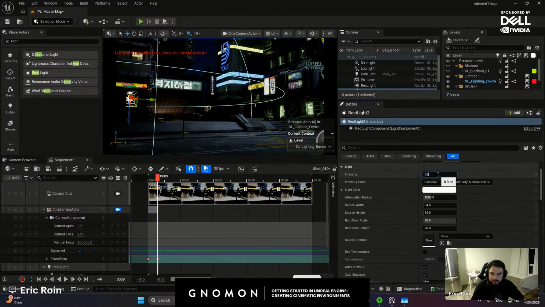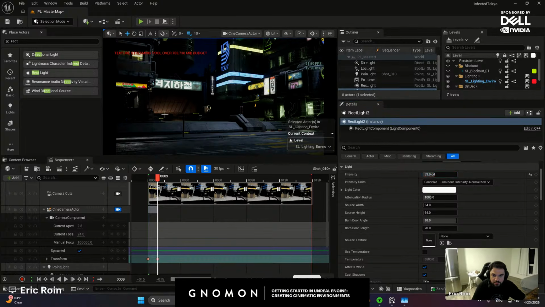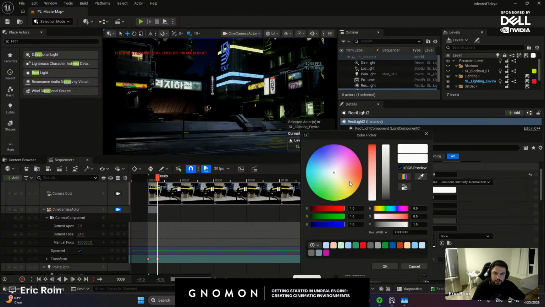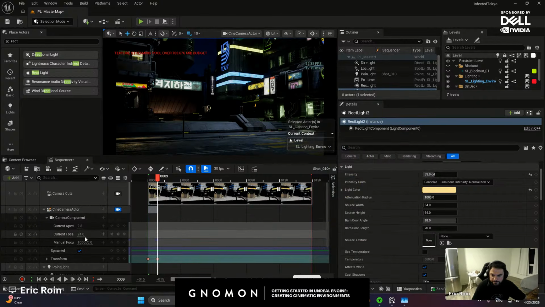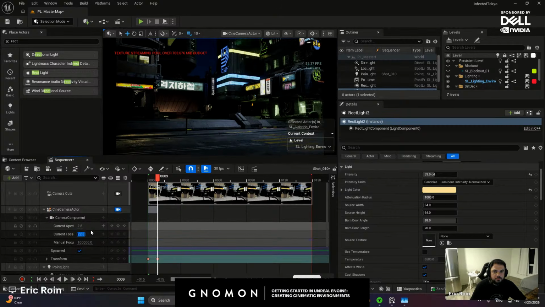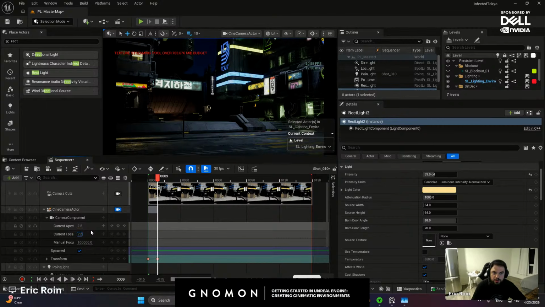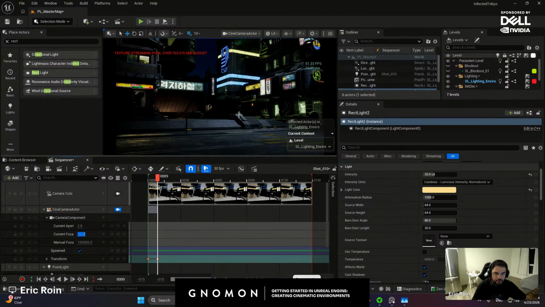Let's try to mess with intensity. And you see how it gives us just a bit more of that speck in there. So let's give it some color that matches that. And this can be a window light. This can be a neon sign. So I went ahead and changed my focal length from 24 to 22. Small enough change, but I feel it starts to feel a bit more dynamic if I do that.